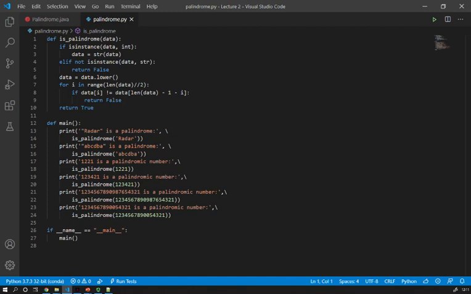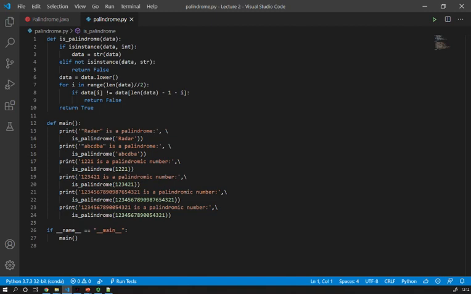Just for similarity with Java, I created another function called main. And here, just to be able to do my test in some way. This main method is going to have a print statement and check with different values. So we see that the first statements are to test for a string, and then I'm going to test with numbers of different length. I use 4 different numbers because the first one will be represented by an int in Java, the second one by an int in Java, the third and fourth number will be represented by a long in Java. So it's to draw some similarities between Python and Java.